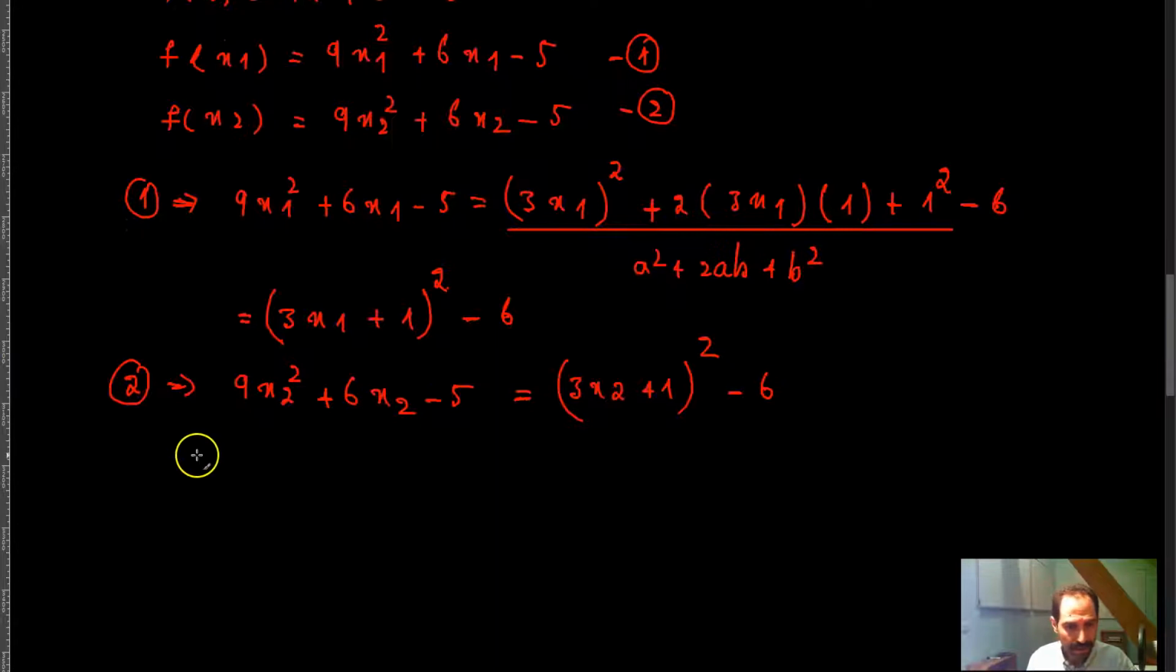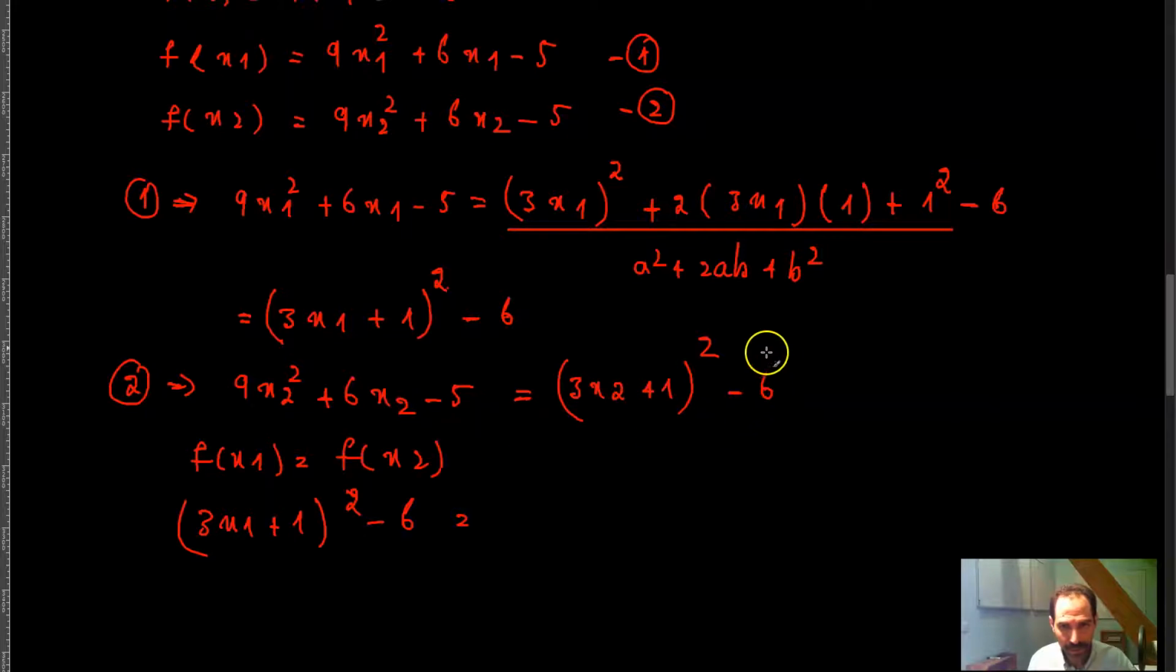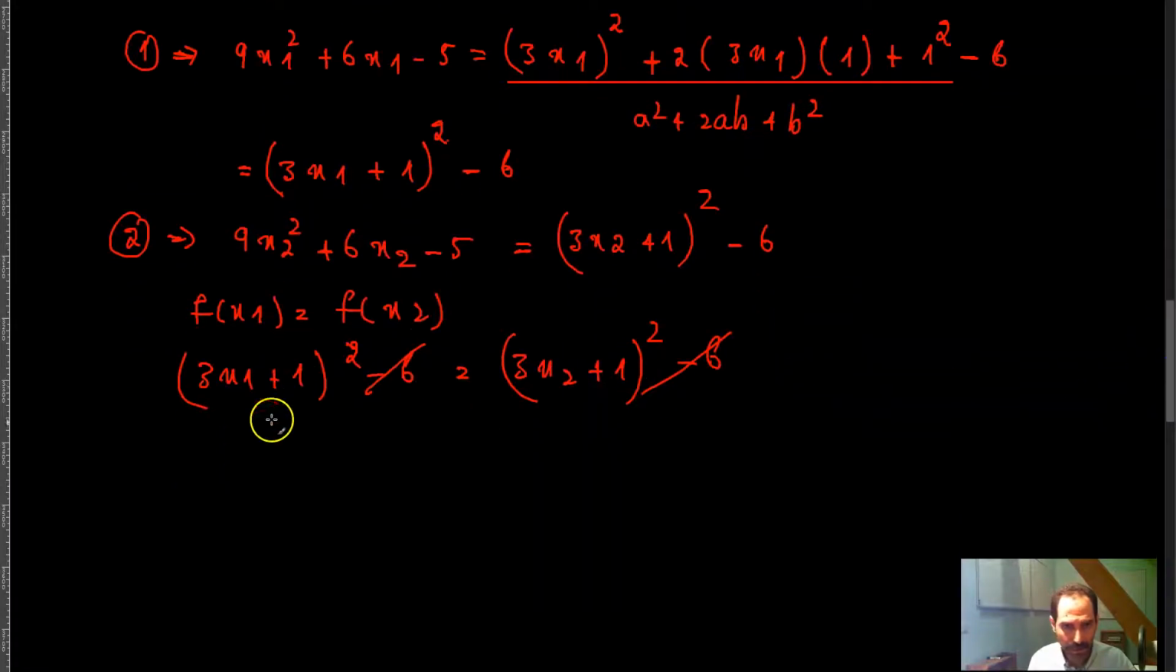Now if I say that f of x1 is equal to f of x2, what that means is that this is f of x1, right? So I can write this as 3 times (x1 plus 1) whole squared minus 6 is equal to, and this is f of x2, which is 3 times (x2 plus 1) whole squared minus 6. Then I can simplify these two,